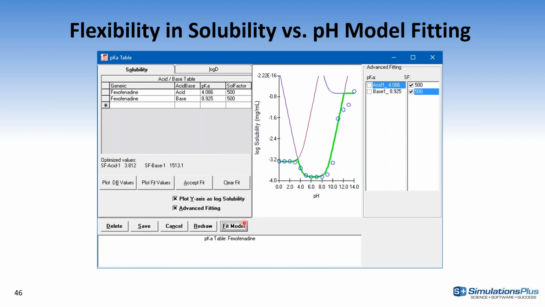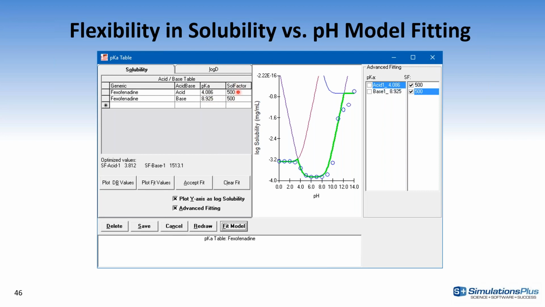And we've had for quite some time a simple feature to fit the model, but in the past the program would decide for you which parameters would be adjusted. So it would typically adjust both pKa as well as the solubility factor to get the closest match to the observed data. Now, oftentimes you have measured pKa's, or at least some of the pKa's, and you really want to fit only the solubility factors, or fit the solubility factors and the pKa that you didn't measure, the pKa where you have more uncertainty. So if you wanted to do that in the past, you would have to do it by manually modifying the parameters here.